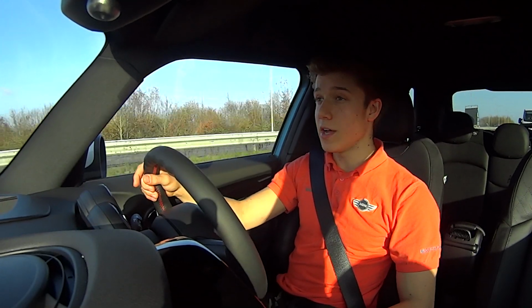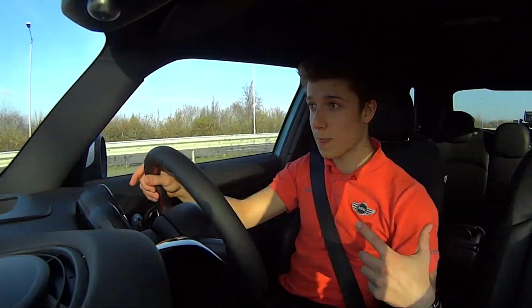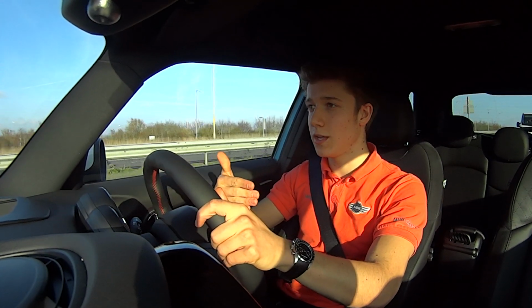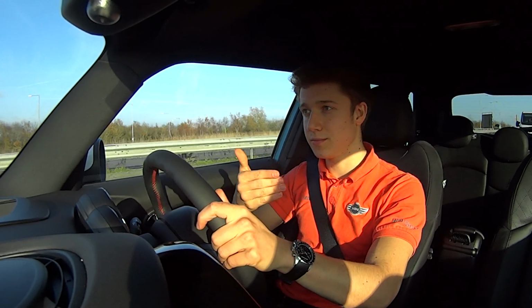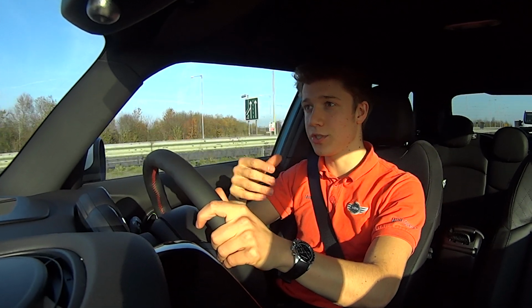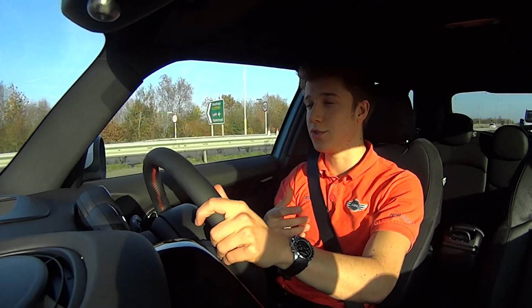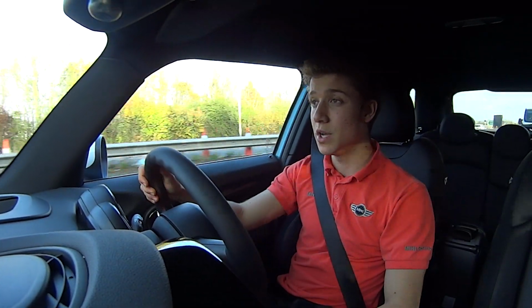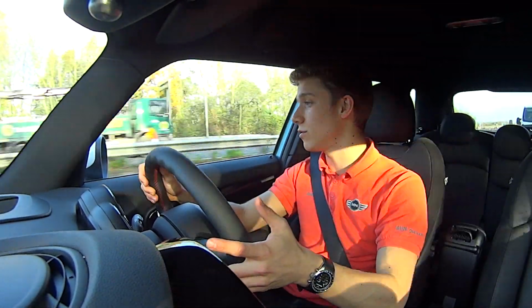Thirdly, you've got brake energy regeneration. So when you're in the car and you're coasting along, any energy that is given off by the engine that isn't being used to drive the car is used to recharge the battery. You've also got common rail technology,